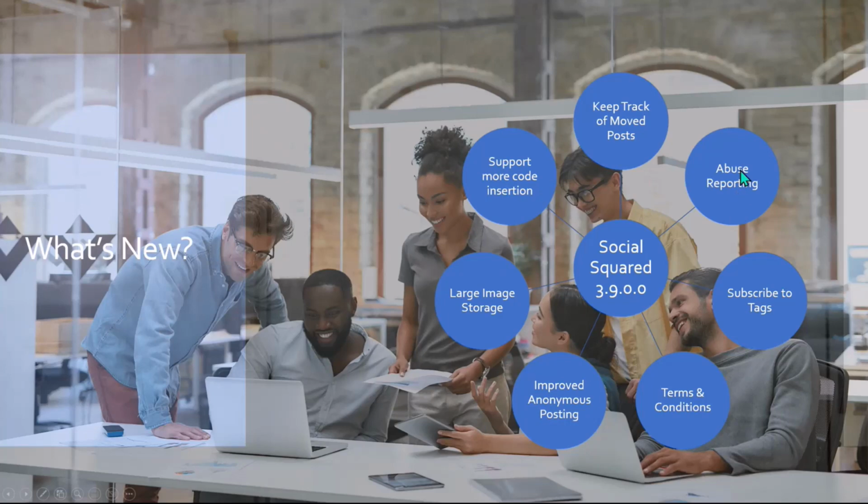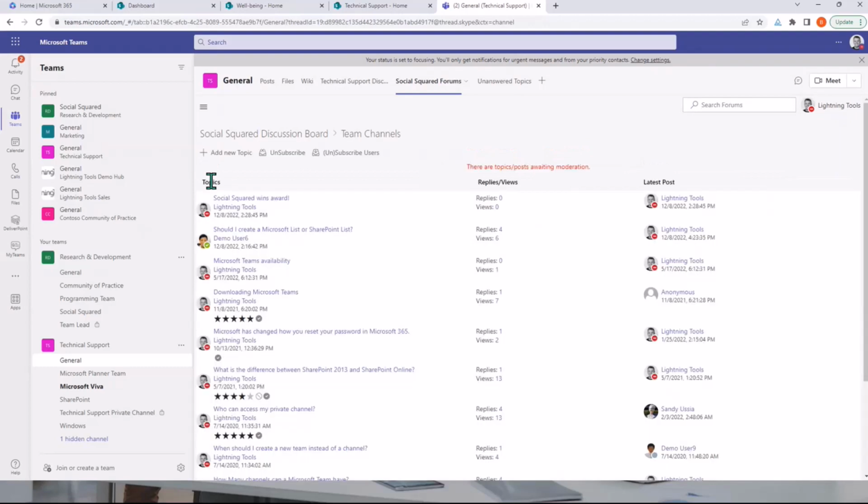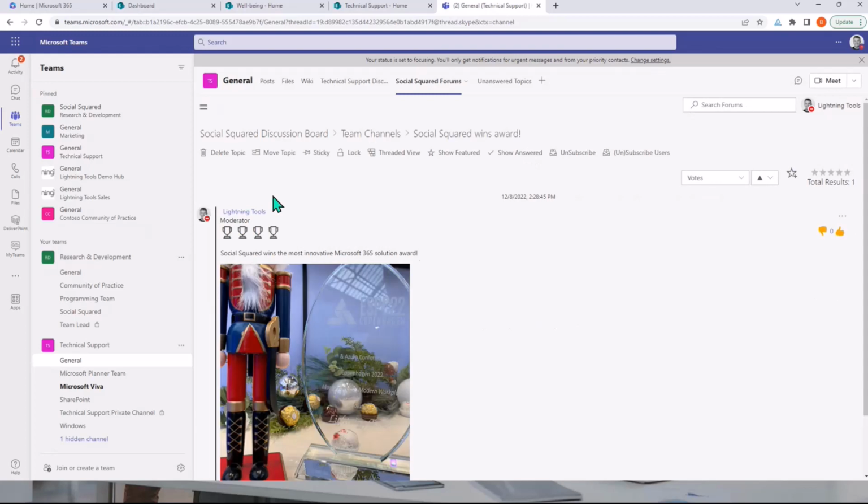So this is something we've had for Social Squared on premises for a long time now, but we never got around to implementing it into SharePoint Online and Teams. So as we jump in here, what we're going to do is just go back into that Teams channel again, and as you can see, somebody's posted about Social Squared wins the award, and I said that I wasn't going